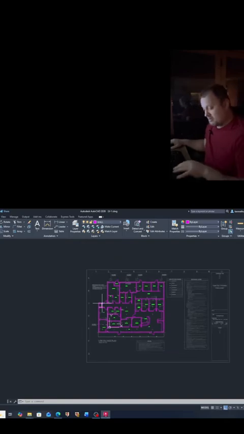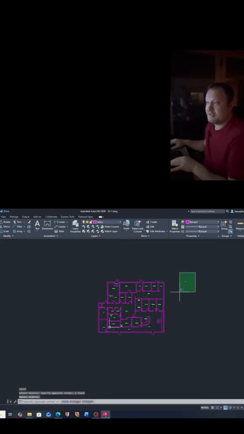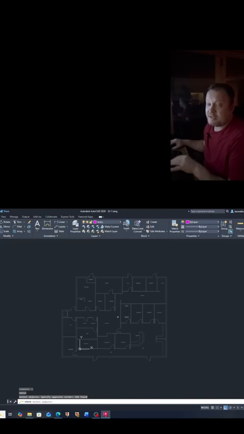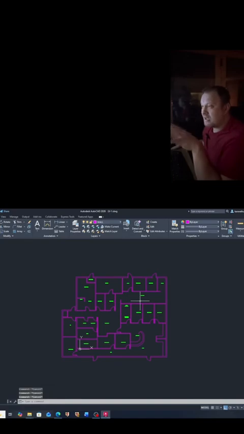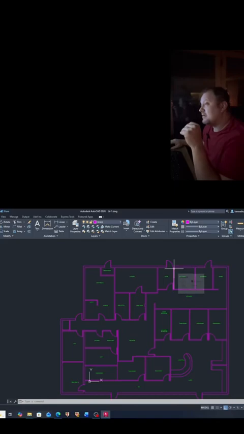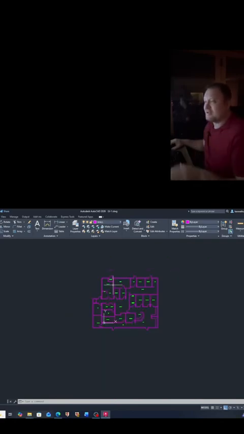So now that we have things set up, we can start deleting stuff. We'll get rid of this PDF, and then we will also delete this because we're going to now bring in this background as an XREF. And the reason you want to do that is when you have an XREF in, you can lock the file. You can lock it here too, but the thing is you won't be accidentally able to move stuff, and when you're hovering over stuff you don't have it highlighting or anything like that, so you'll